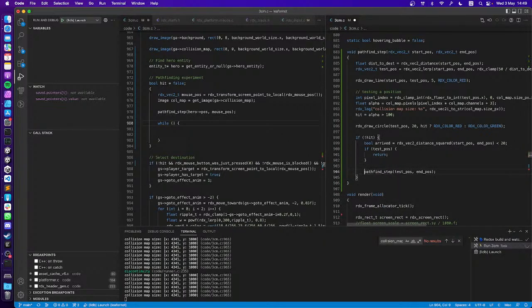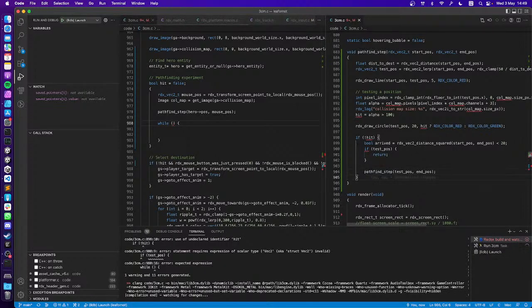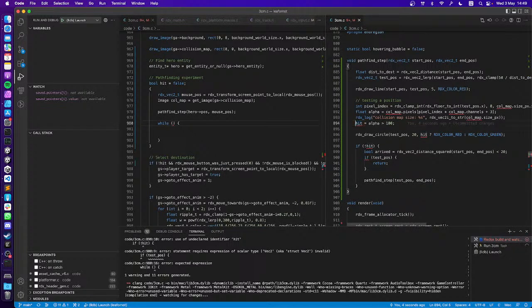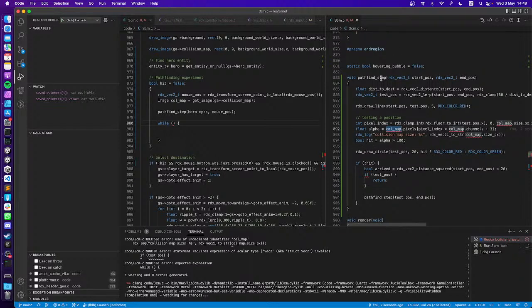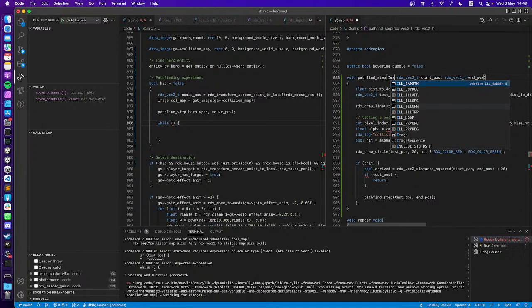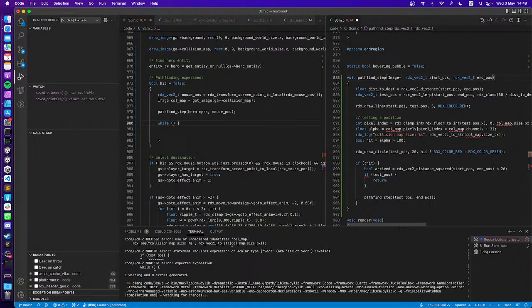Otherwise, we want to continue. And okay, we got a couple of errors. Of course, our hit is not declared anymore. Our collision map, let's pass it. We could make it global or something, but